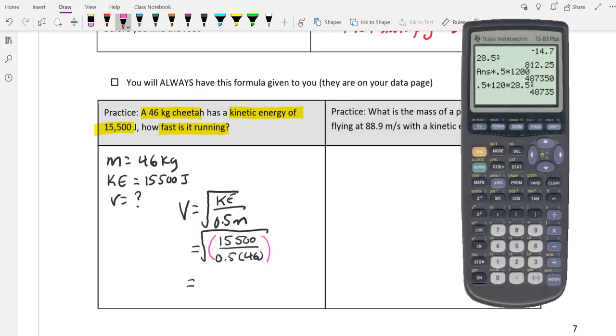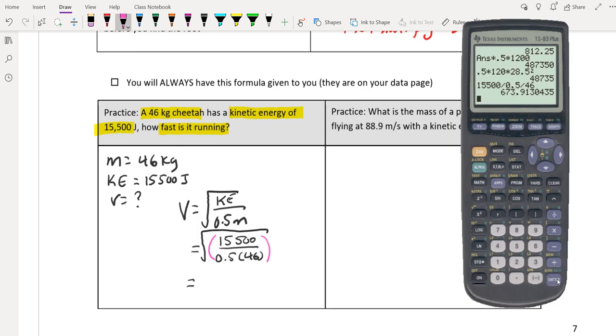So we have 15,500 divided by 0.5, and it's divided by 46. If you're not going to use brackets, this is the correct way you can enter this information into your calculator. So I hit equals, and I get